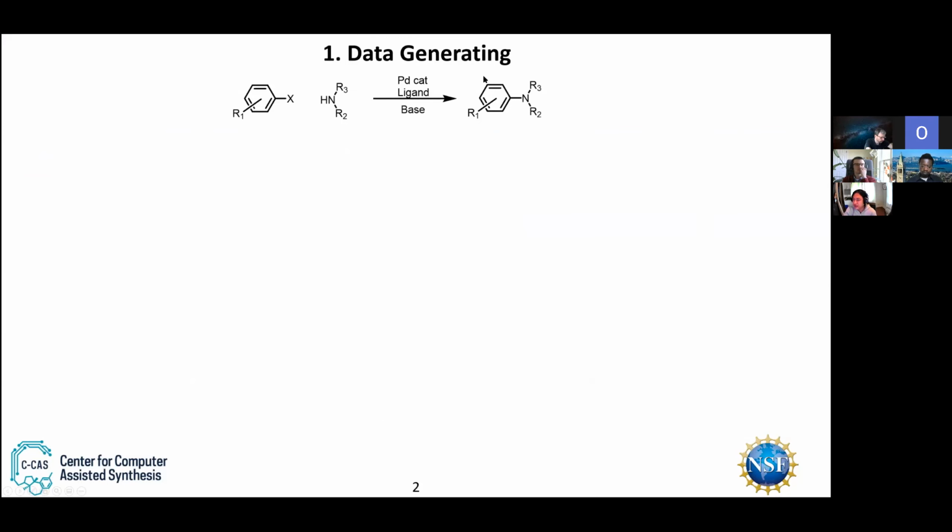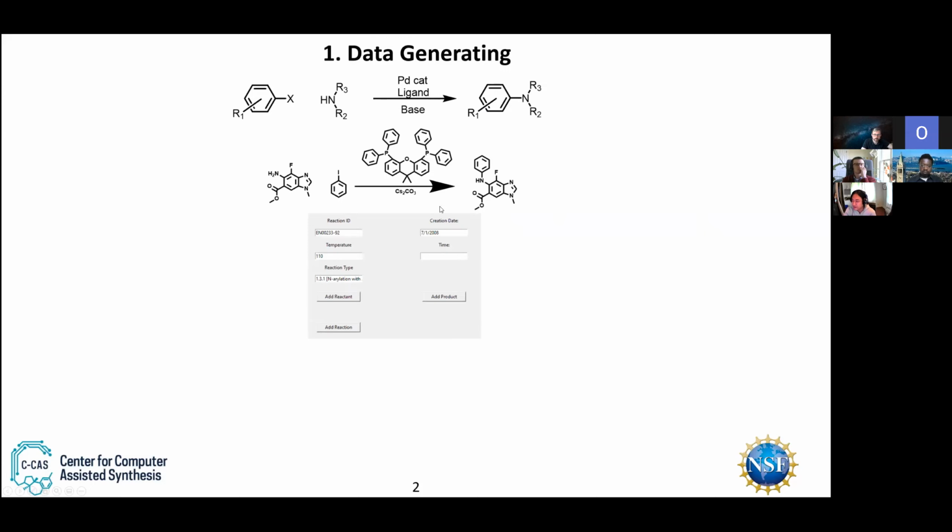In the first step, when we talk about the reaction data, there's one general question: where does the data come from? The following reaction is a backward Heck-type reaction, which is a classic reaction. Here is a reaction, for example. Once we have the reactions, how can we collect the reaction data from them? And here